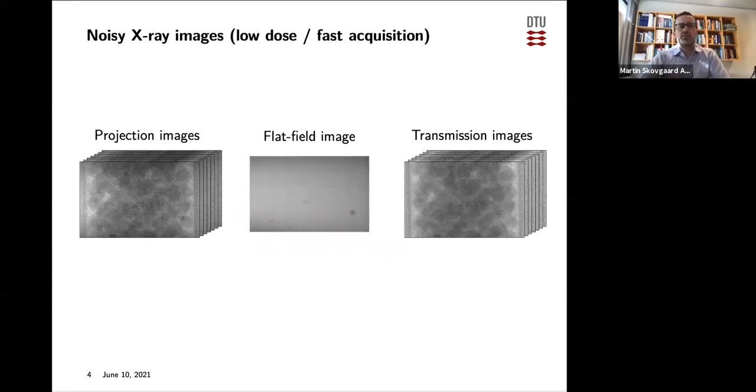So now the issue is if we have noisy X-ray images, and this may happen if we have low dose experiments. So for example, in medical CT, you're interested in doing experiments with as low a dose as possible to avoid exposing the patient to radiation or more radiation than necessary. It also happens, for example, if you have fast acquisition, you want to do dynamic studies of some moving object, for example. Then you also need a very short exposure time, and then that means you get noisy